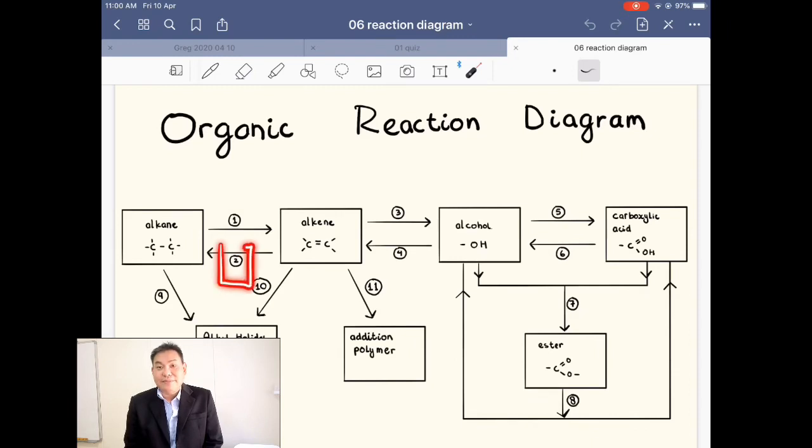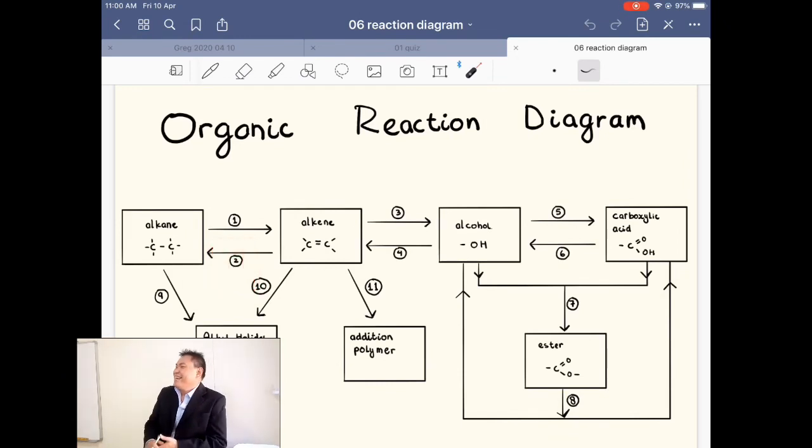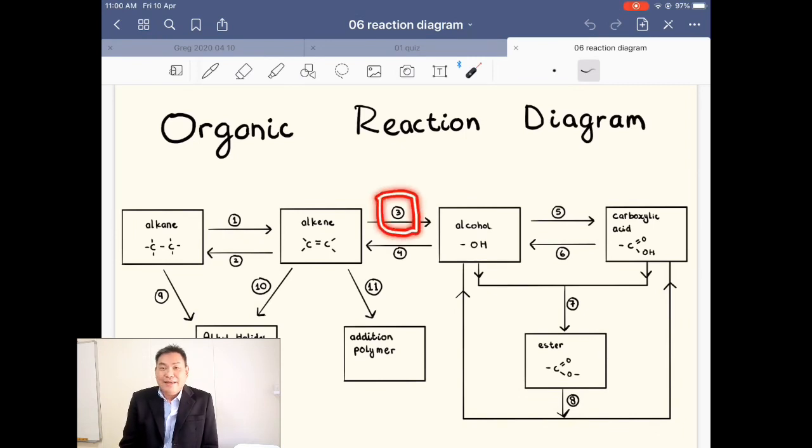Reaction number 2, hydrogenation, nickel at 100 degrees Celsius. And no, I'm not cheating. I didn't read any notes. This is because I've been teaching for so long, so I remember, right? Number 3 is hydration, right? Catalyst is H3PO4, also called phosphoric acid, 60 atm, 300 degrees Celsius. Yeah. Reaction 4